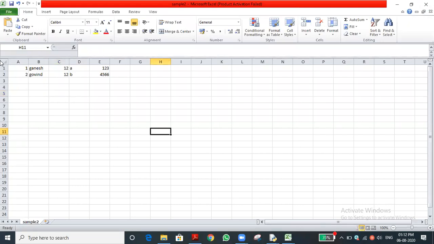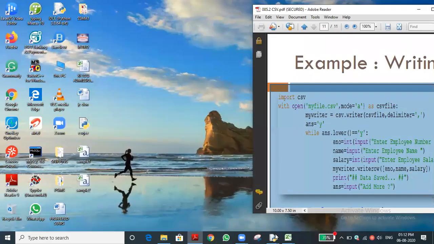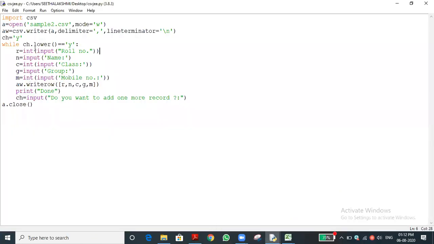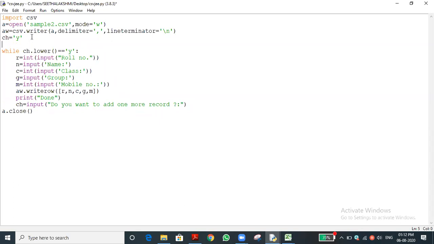So now you know that. For example, if a title is there, it will seem to be good. So how to write the title? Very simple. One minute, I will open the program. In this program, before the loop, we need to give the title. Instead of the while loop, we can use again aw.writerow of, we should give the values.